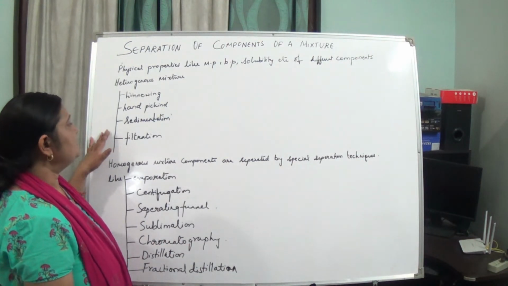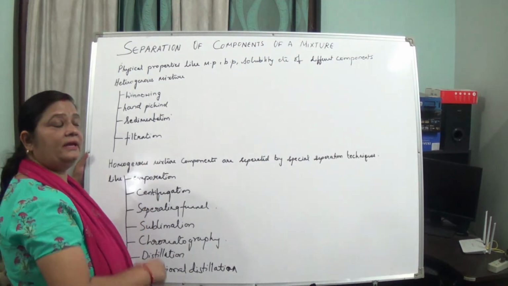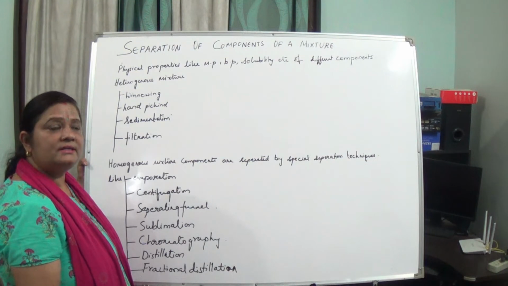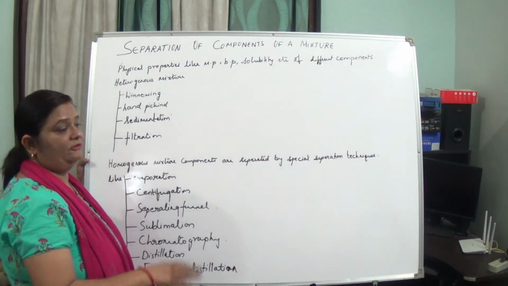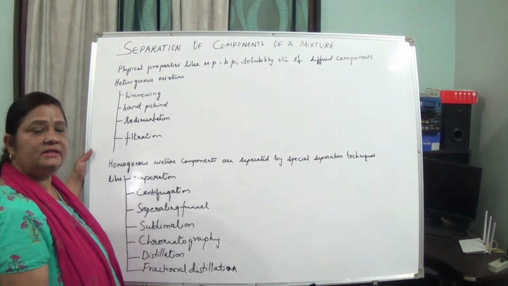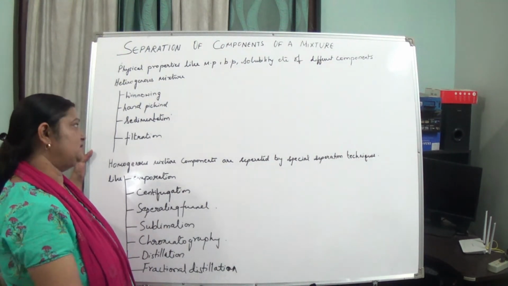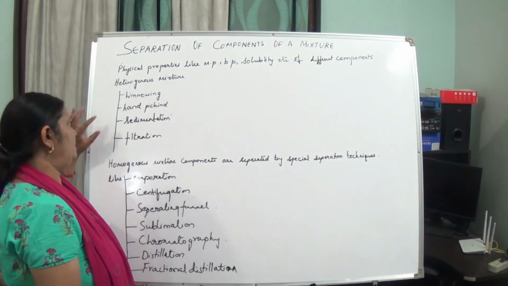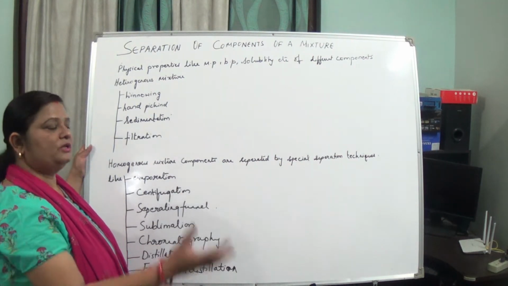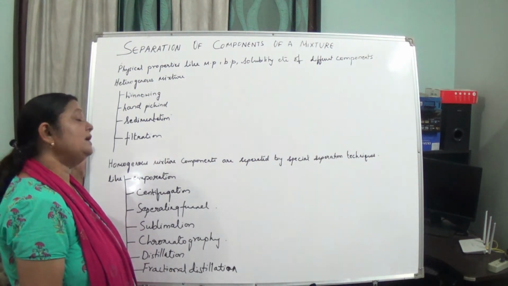Now sedimentation. In this, if we take the example of water and mud, the mud settles down, and the water comes above, and if we remove this water, that is known as decantation. Next is filtration, which is also very easy. Take the same mud and water example, and pour this solution into the filter paper. You'll get the mud in the filter paper, which is known as residue, and the water you get as filtrate.